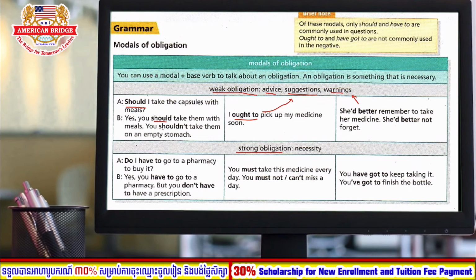However, if we look at strong obligation, mostly people associate this meaning with the law or the rules of something. Because it is necessary, it is very important, it is compulsory for you to do it. Let's hear: do I have to go to a pharmacy to buy it? So, yes, you have to go to a pharmacy because buying medicine is a very serious matter without an experienced